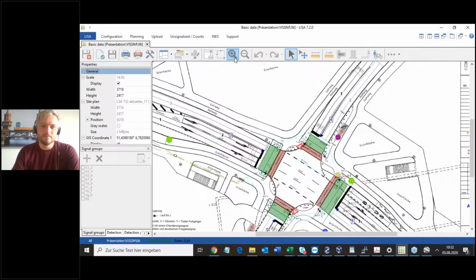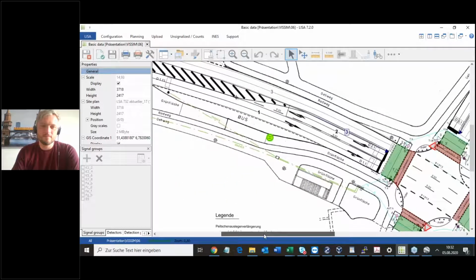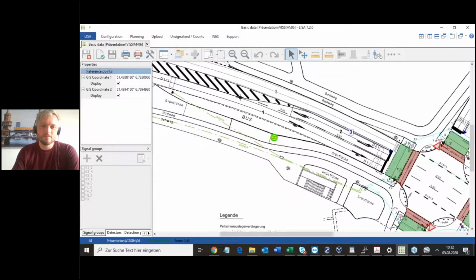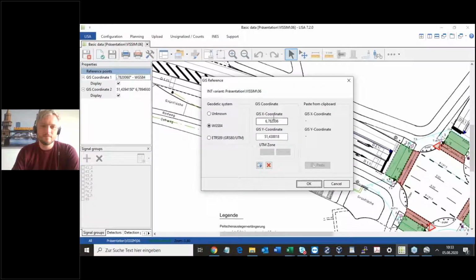As you can see here in my little example, I have this little point, which is a so-called reference point. And over there on the left side, I see it's a GIS coordinate, and this GIS coordinate